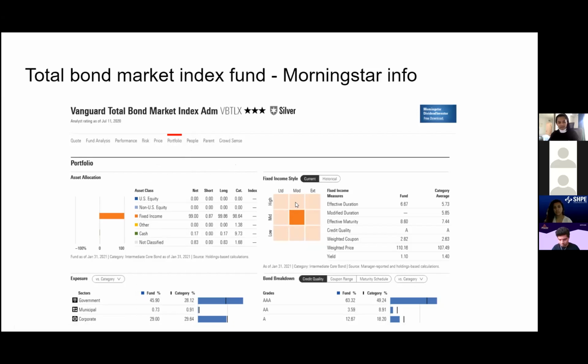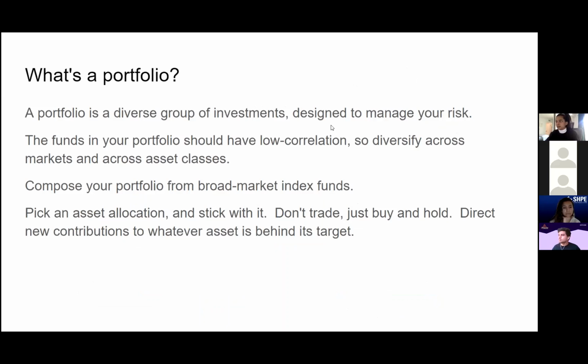And they've characterized this. They put the box right in the middle. But this is just similar information. So definitely, when you're getting information, go to Morningstar, go to Vanguard, go to Bogleheads. For those who don't know, John Bogle was the founder of Vanguard. He's the guy that invented index funds. So there are a lot of people that follow his investment philosophy, and it's what we do at Google.